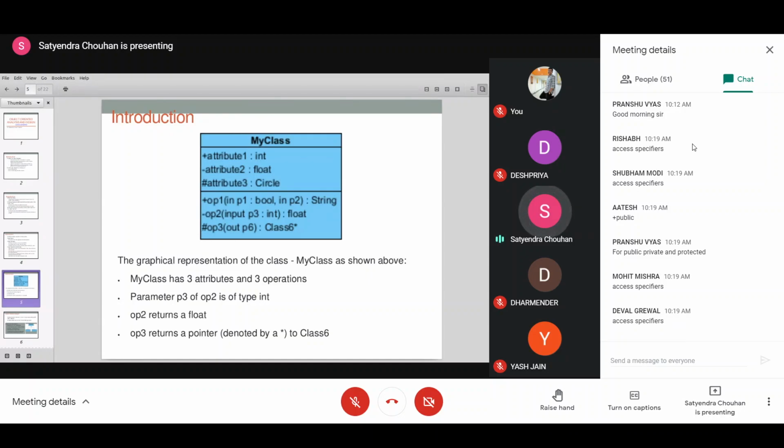Yes, they are for the access specifiers: plus for public, minus for private, and hash for protected. So these are the access specifiers. Similarly, the methods can have access specifiers, so you can mention the access specifiers.